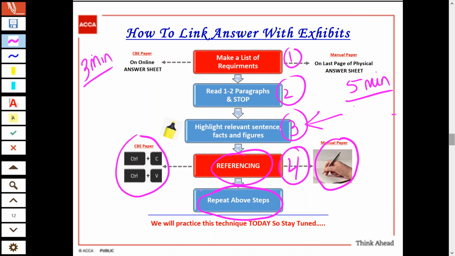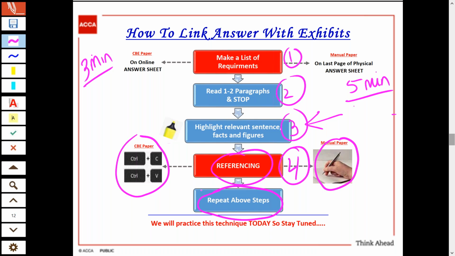Now, sometimes you may feel that the information is important, but you are not able to decide which requirement it will fit in. That's perfectly fine. So manual students can draw a star or an asterisk against such information where you know it's important, but you don't know which requirement it pertains to. So you draw a star or an asterisk, okay, so that you can identify later on